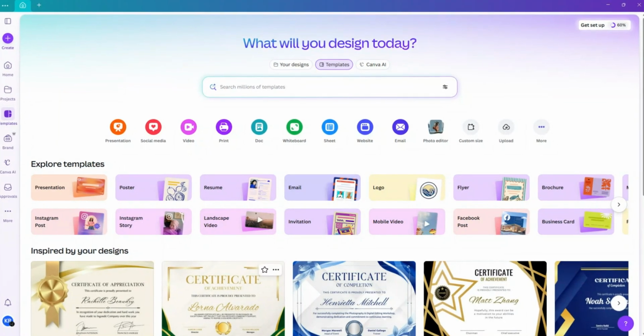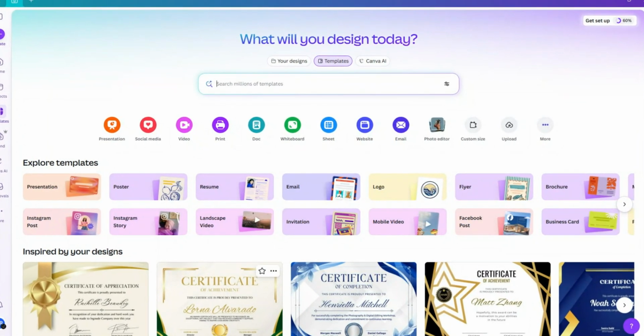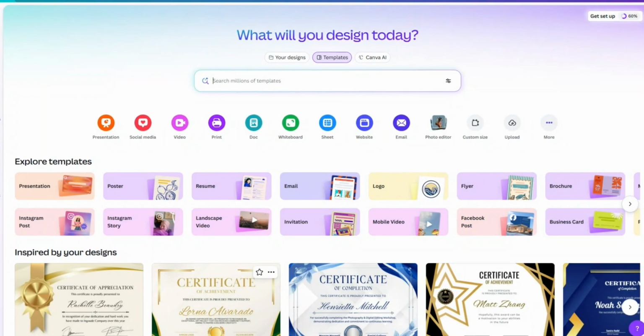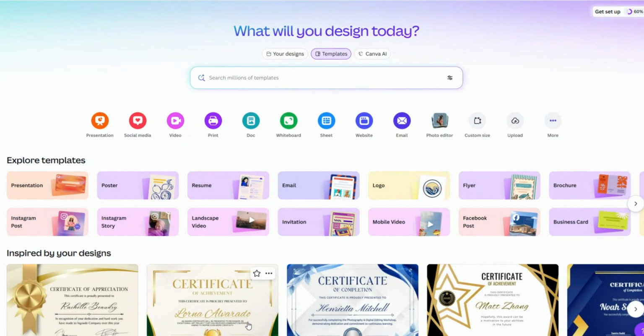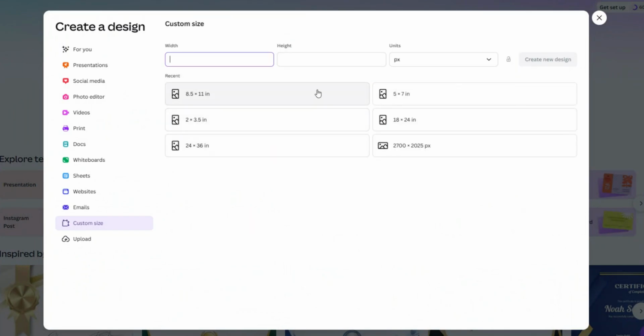In this video, I will be showing you how to create a Venn diagram in Canva. Let's get started. I'll start on the Canva home screen and click on Custom Size. I'm selecting a standard portrait size to open my workspace, but once I'm inside, I'll head up to the Resize